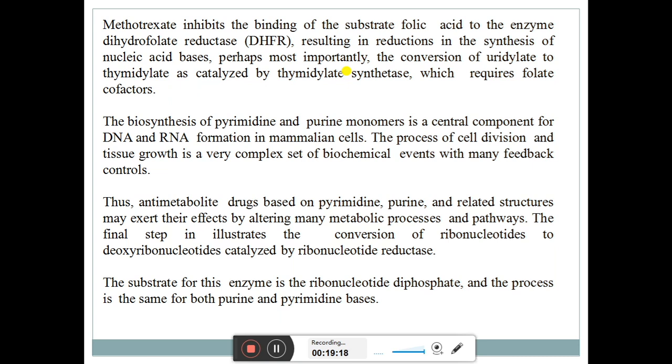Okay, so this methotrexate inhibits the binding of folic acid to the enzyme dihydrofolate reductase. So instead of going for the reduction,